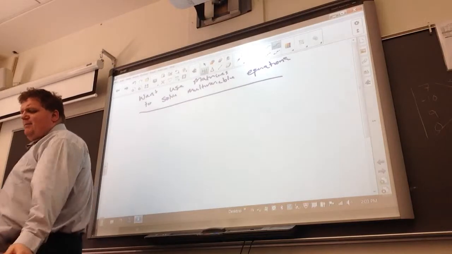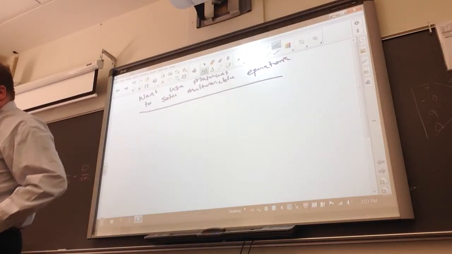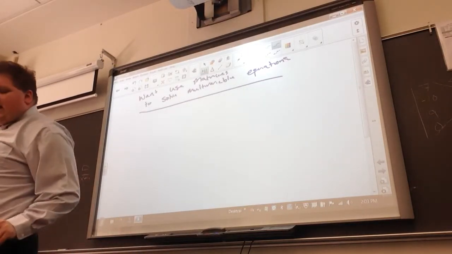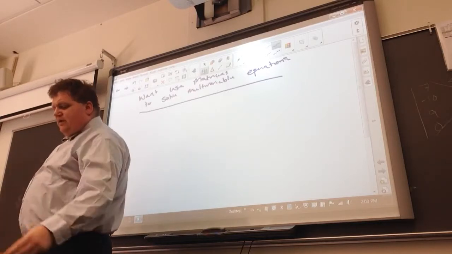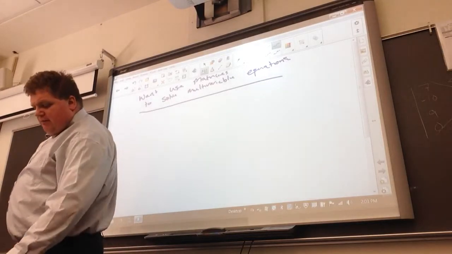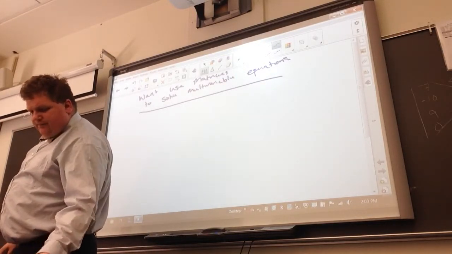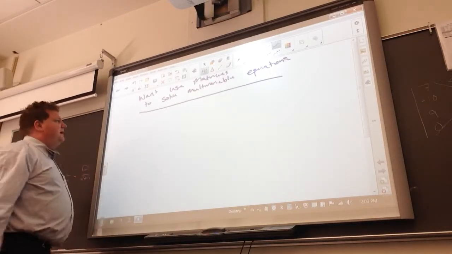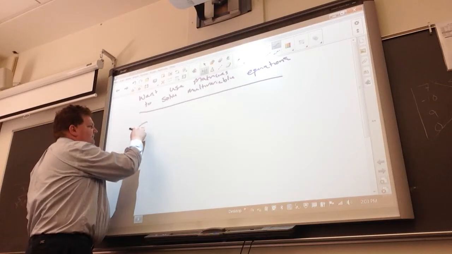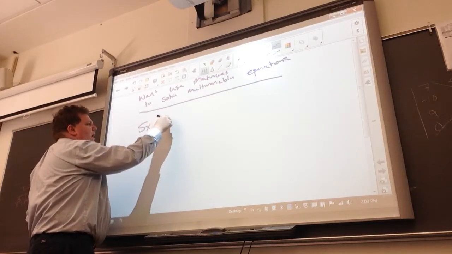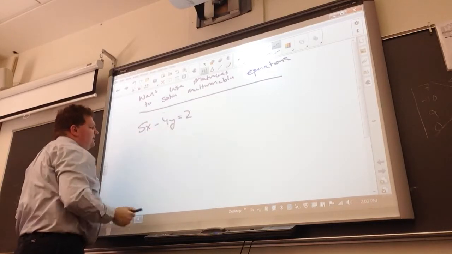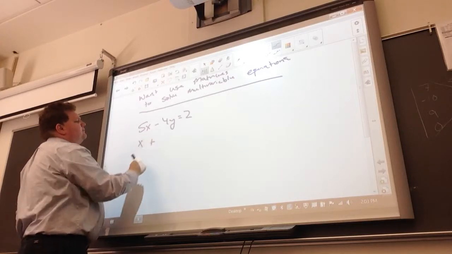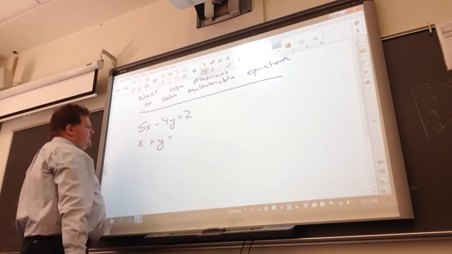Quick example of what I mean by a multivariable equation, and kind of quickly review as well the earlier methods we used to solve these. So, we'll keep things simple. We'll look at a quick 2x2 multivariable equation. So this might be something like 5x minus 4y equals 2, and x plus y is equal to,